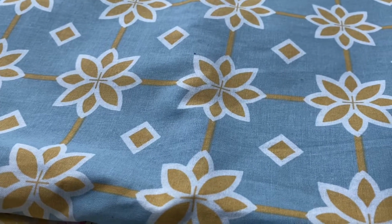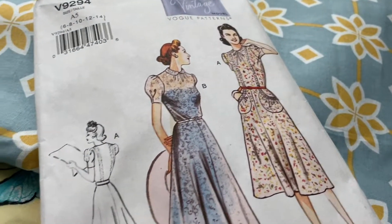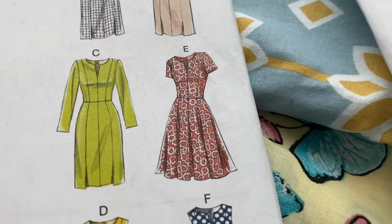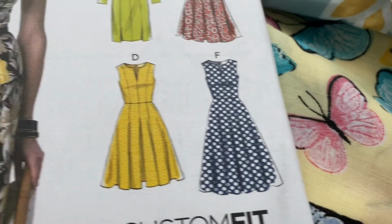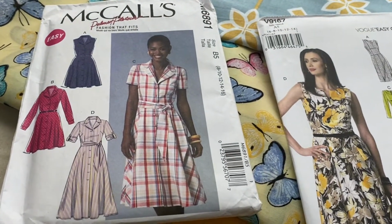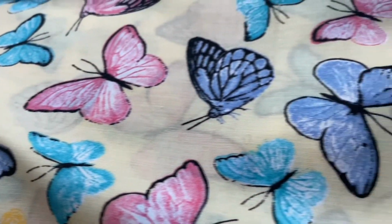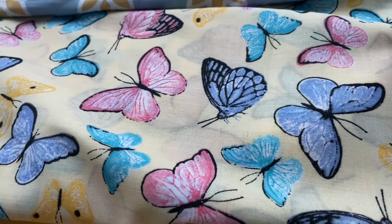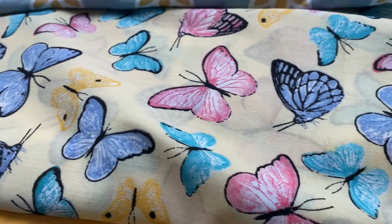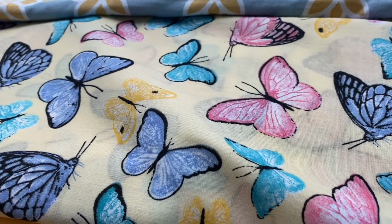And this one, it's a vintage style print, and I just think it's lovely. So probably a 1940s dress, so that 1939 one, or this one but of F length, or maybe a shirt dress, I don't know, but something that feels really vintage 1940s-ish. And then the last one is this butterfly fabric, and I bought this online and I couldn't